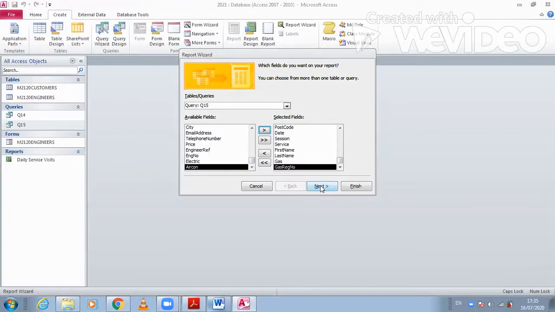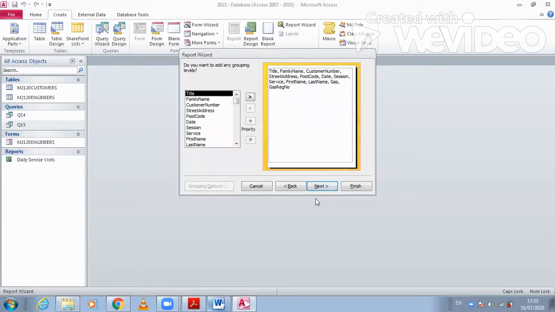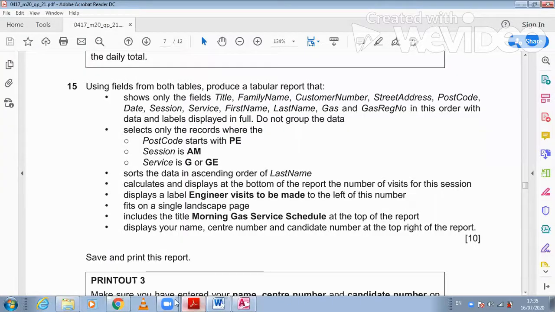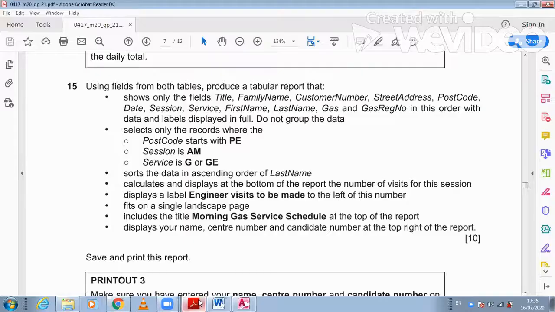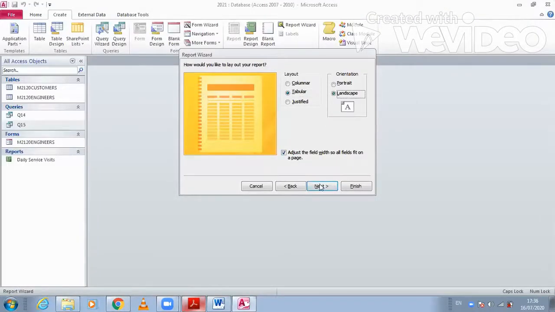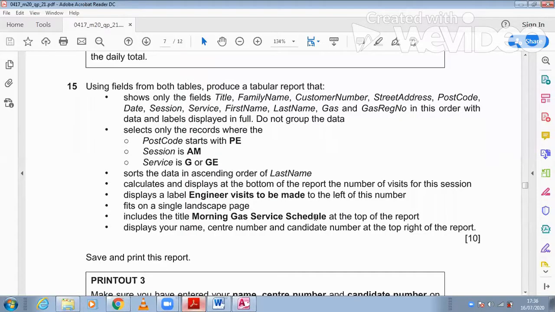So just click on next. Yes, next. No grouping of data. Next. Now sorting. Is there any sorting? Yes. Ascending order of last name. So we choose ascending order of last name. Next. And we need the orientation of this one to be landscape, as they said here. So landscape. Next. And then if you want to give a proper name, yes, the title is morning gas service